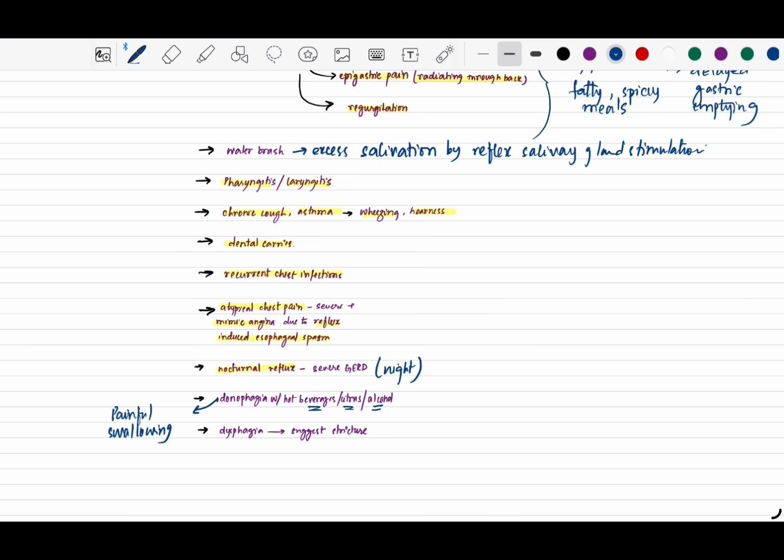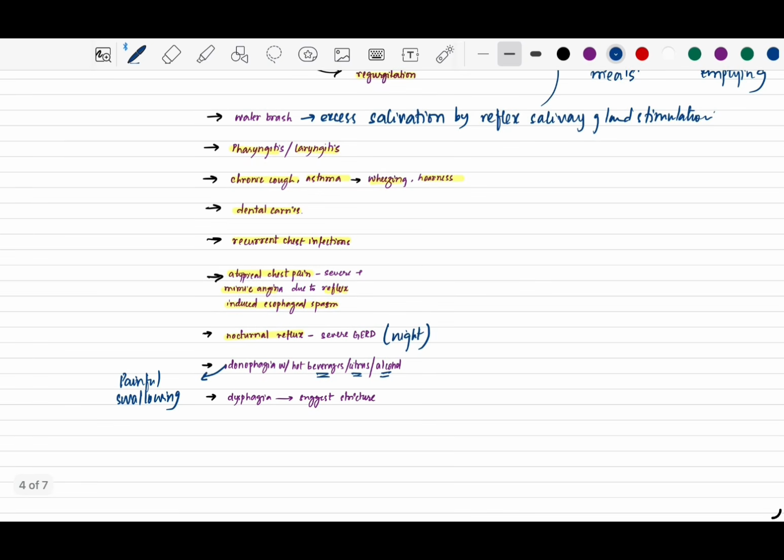which means that the acid must have irritated the lining so much that it's now causing pain to the patient, and we can have dysphagia, which is difficulty swallowing. Now, a patient with GERD will not normally present with dysphagia, and if dysphagia is present, it is suggestive of a stricture. Now, what do we understand by the term stricture? A stricture is when we have narrowing of the lumen,